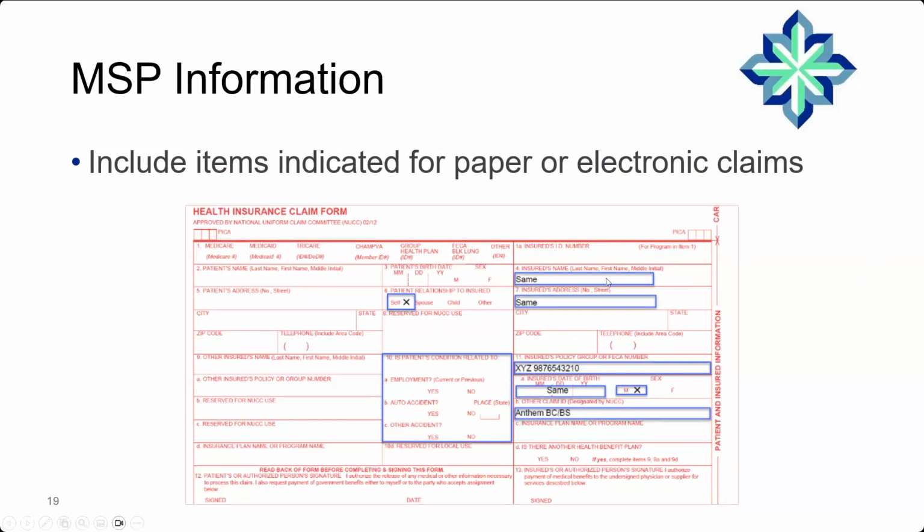However, insured name, patient relationship, item 6, 4, 6, 7, insured's address, 10, 11, those are your primary ones. I was specifically asked about 9. 9 is supplemental information, so we'll talk more about that. We're going to go through these different fields just to make sure everyone is aware of what needs to be there, because there's a couple of them that are going to be a little bit different. So let's get started with